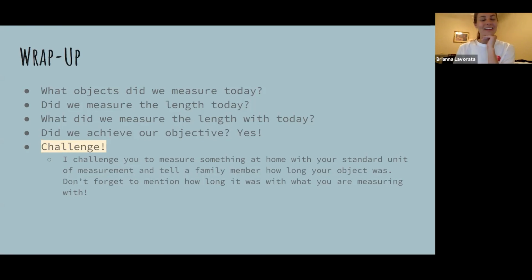So now I challenge you to measure something at home with your standard unit of measurement, your tool, and tell a family member how long your object was. Don't forget to mention how long it was and what you're measuring with and what your unit of measurement is,